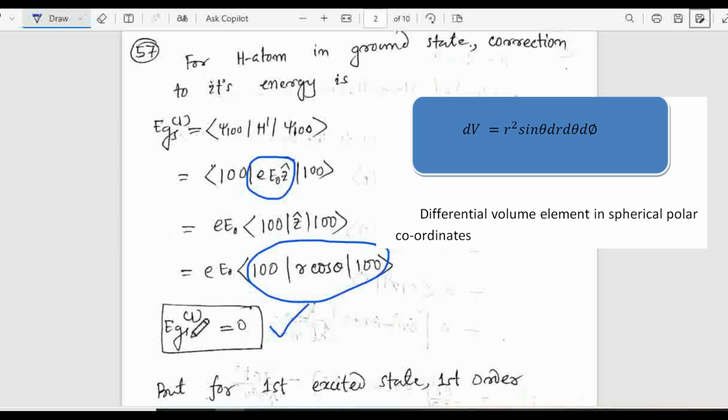That means if you place any hydrogen atom in any external electric field, there will be no splitting of the level for that ground state. The physical significance of the first order correction to E ground state being equal to 0 is that the ground state does not split. Now if you see the first excited state, that is n equal to